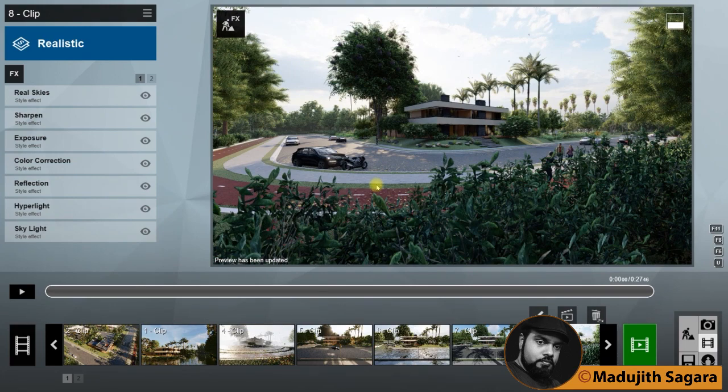Now you can see how effective it is. Right, now we shall play and see.